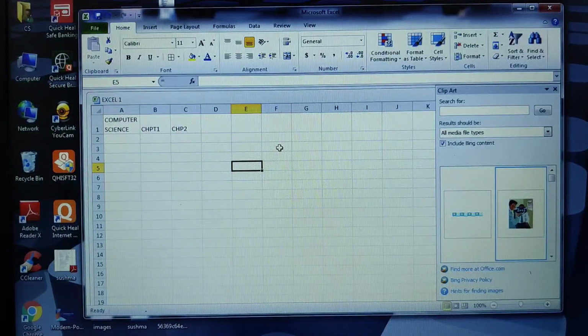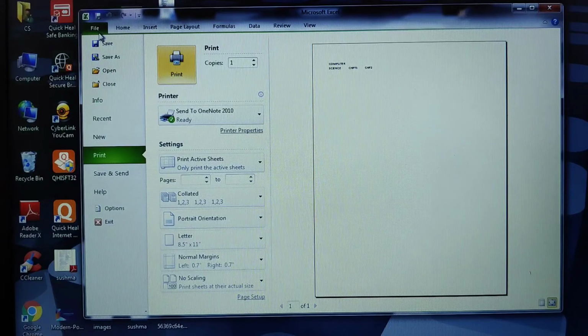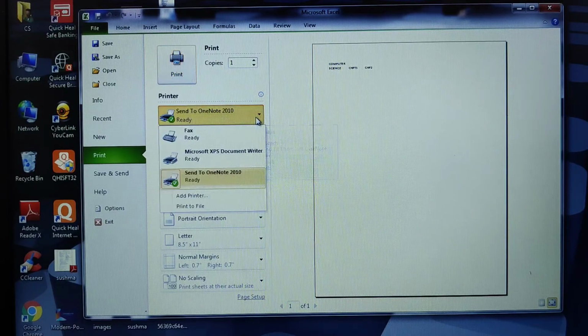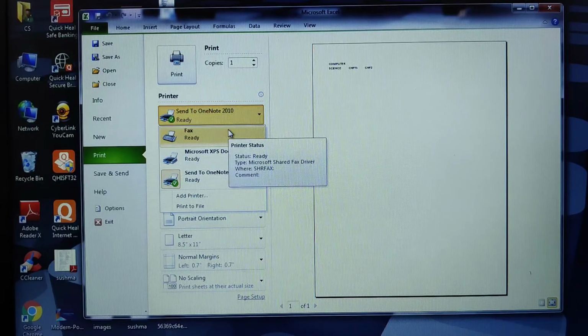Next option is the print option. What is the print option? That is Control plus P, the shortcut. When I press Control plus P, it provides me the printing option. Here you can choose the target printer. If I have more than one printer, manually you can choose at any time which printer you want to print from. Otherwise you can make one printer the default printer also.